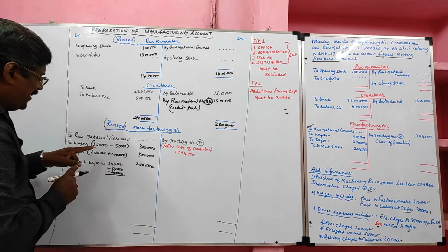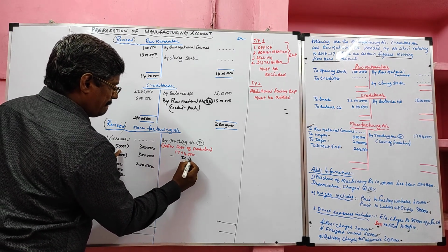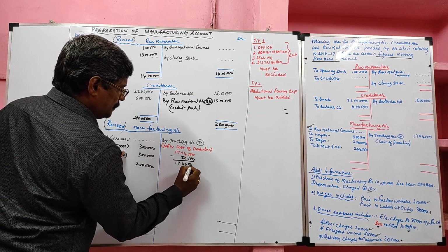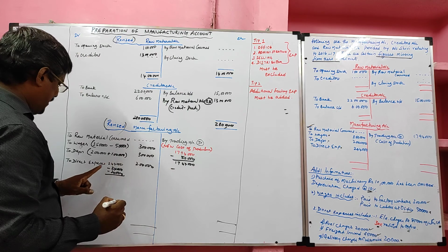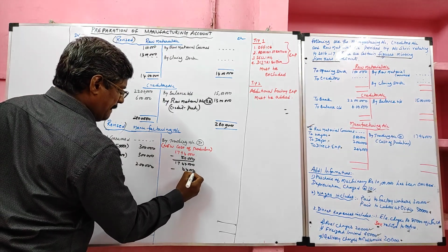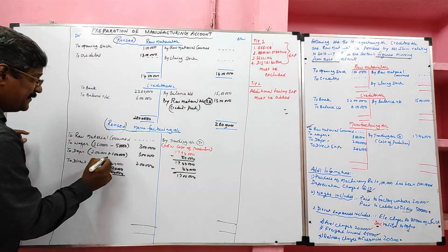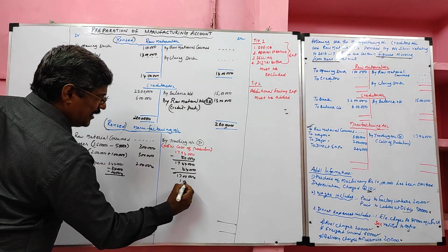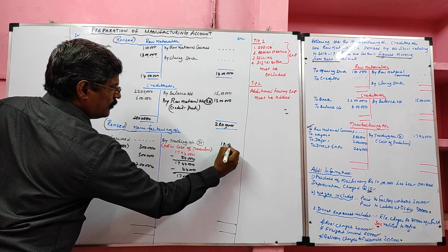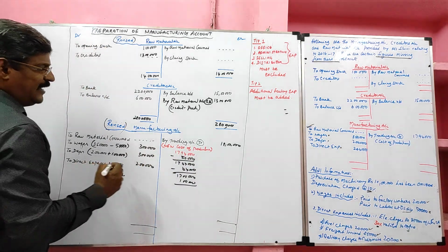So what we did on the debit side, the same thing we should do with the cost of production. So what we did, wages excluded. Here also we should exclude. Balance 17 lakh 44,000. Then minus, here direct expenses we excluded, here also we should exclude the same thing. We'll get 17 lakh. Then depreciation added, here also we should add the depreciation. So our new cost of production is 18 lakh.